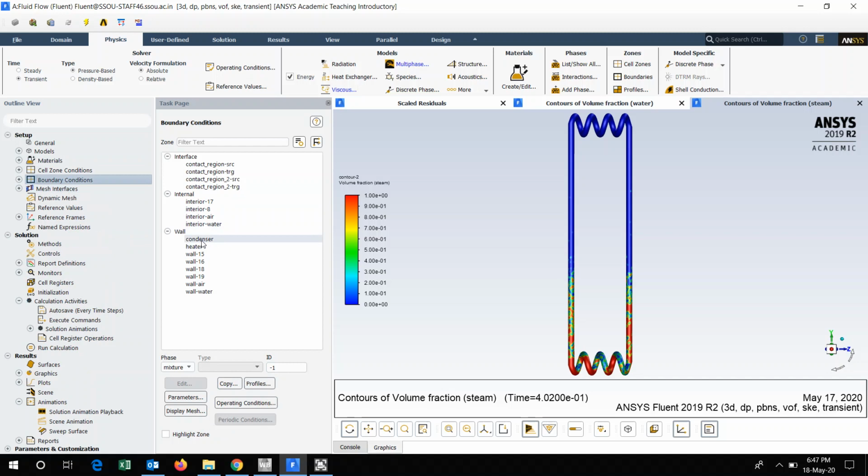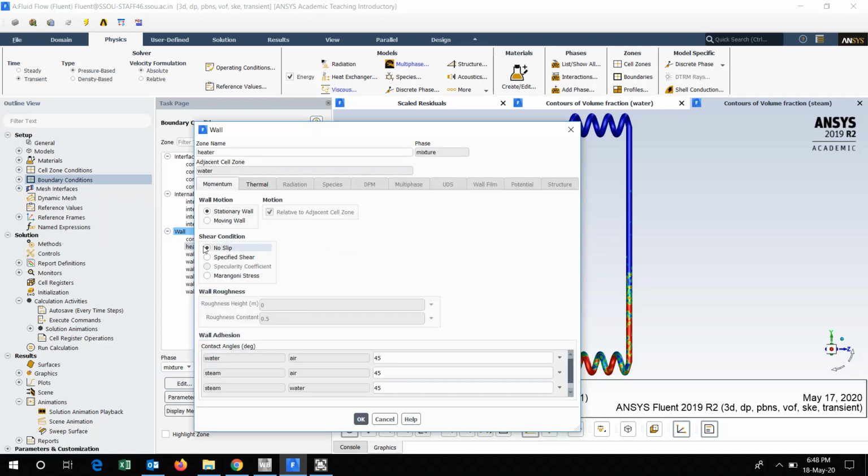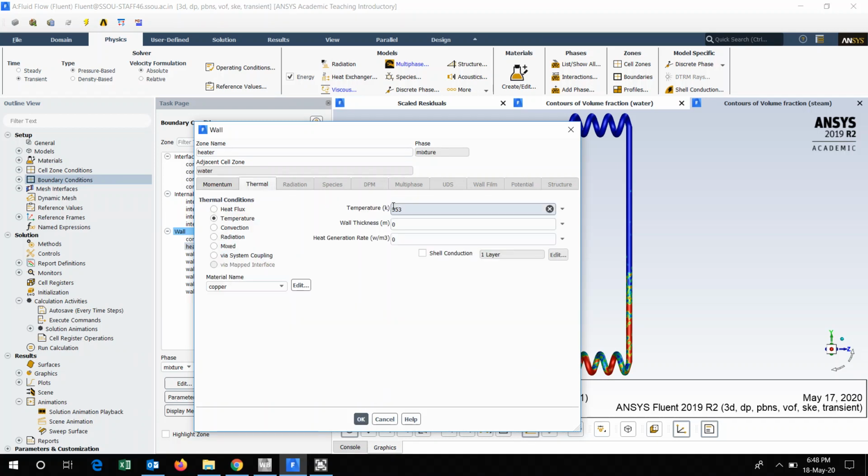Now here you observe only 8 parts. If you do not form a single part in the geometry creation, then here you could observe some 10 to 15 such entries. If you do not form a new part in geometry in Design Modeler, that may increase your task of entering the values in each and every case. So that is one of the difficulties we can have if you do not make a single part. You can observe some angle over here is mentioned as 45 degrees, and 353 Kelvin is taken as the temperature for that particular case.